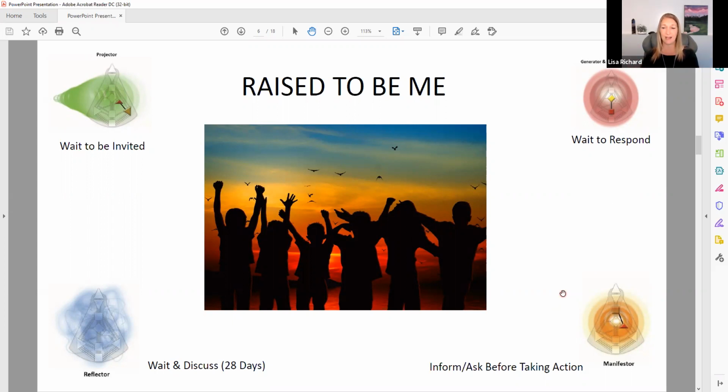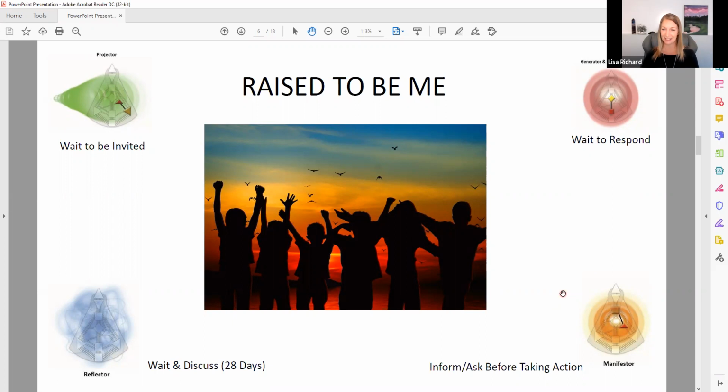Now, for a child manifestor, these are the kind of children that are going to think that they want to go play with their friend. Their friend lives down the street. So in a manifestor child's mind, it's okay, I'm going to go play with my friend. I know how to open the front door. I open the front door. I go down the street. I'm at my friend's house. Not once are they going to stop to think, maybe I should ask before I go.